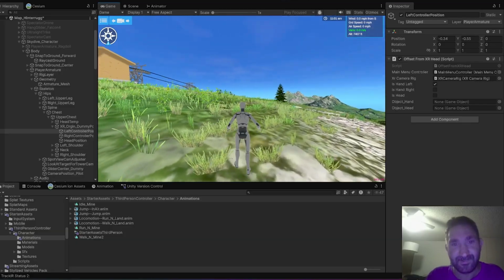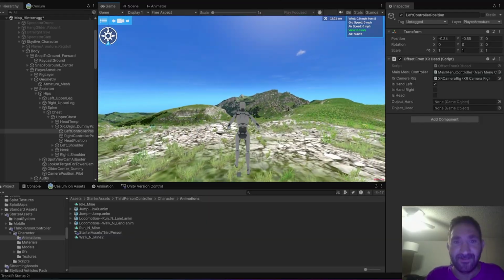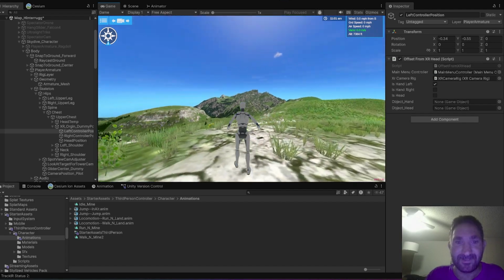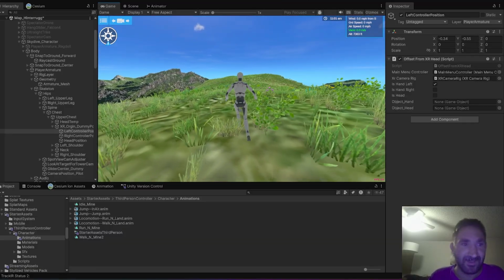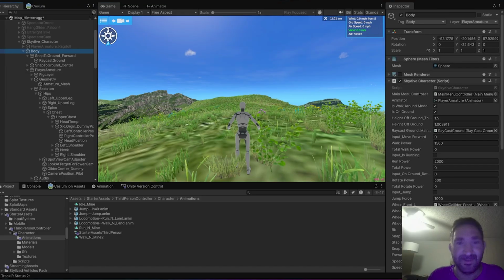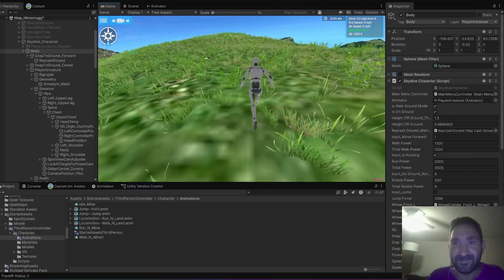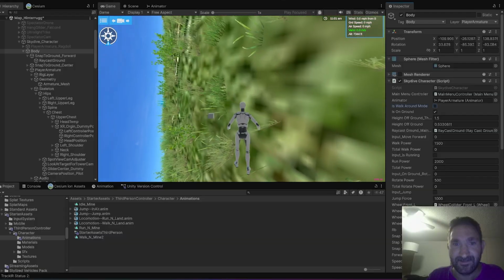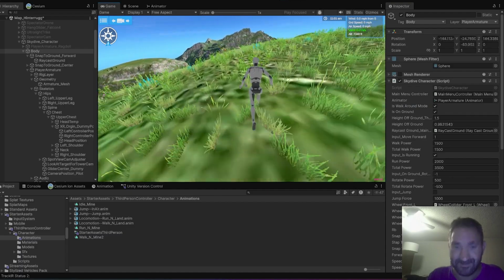It is pretty much like the character controller we had before, but now it is full physics. So when I run and jump, this is all real physics with a rigid body. And it's basically a rigid body with rotation constraints. So if I turn the constraints off, you can see what happens. Let's see. He just kind of tips over. Let's see if we can get him running faster. And then